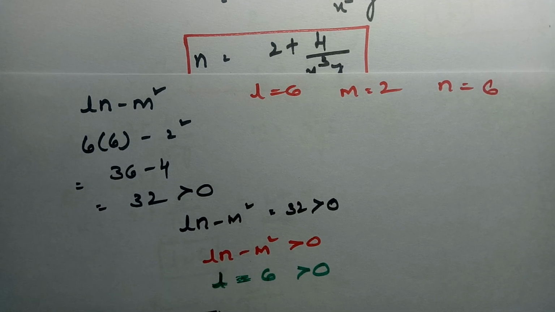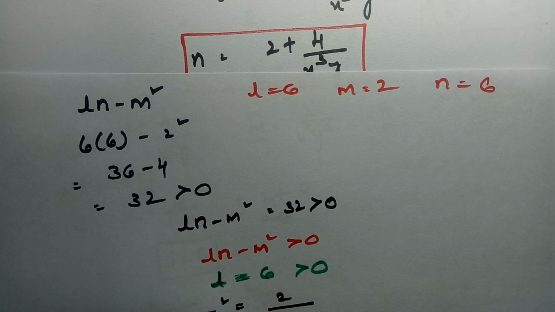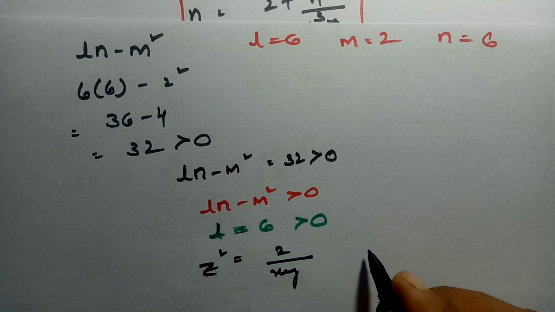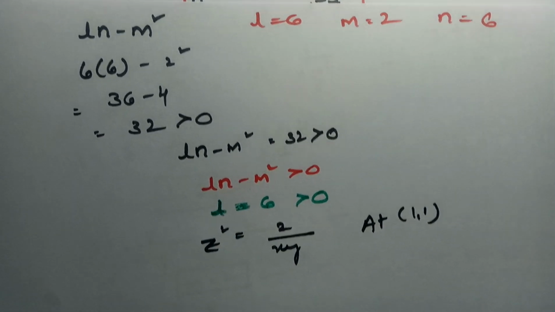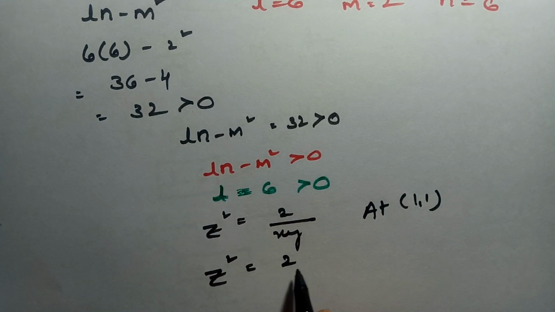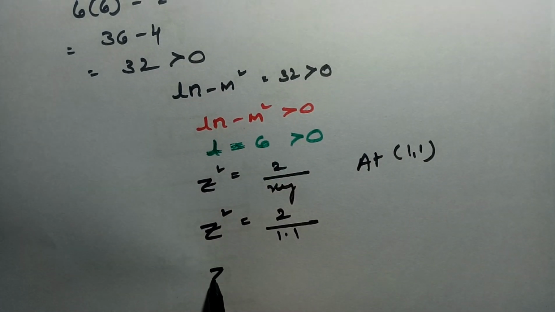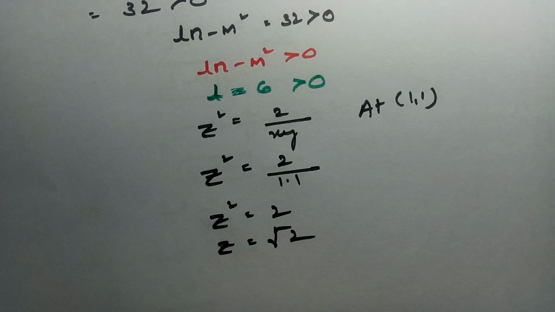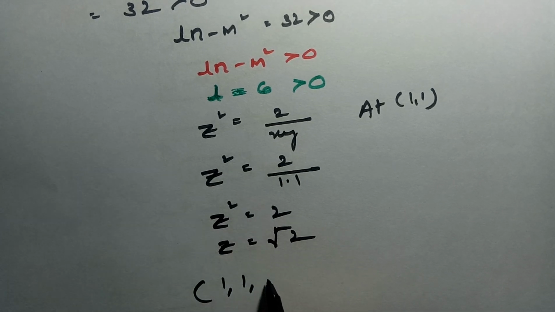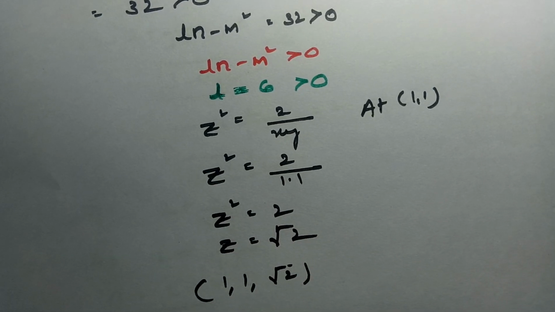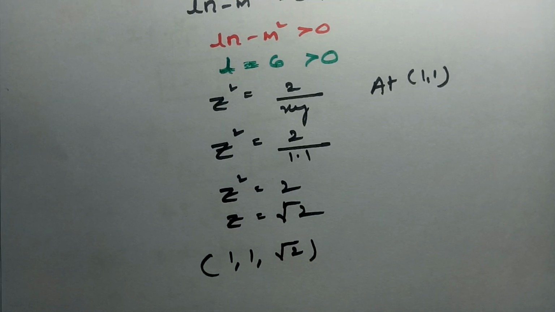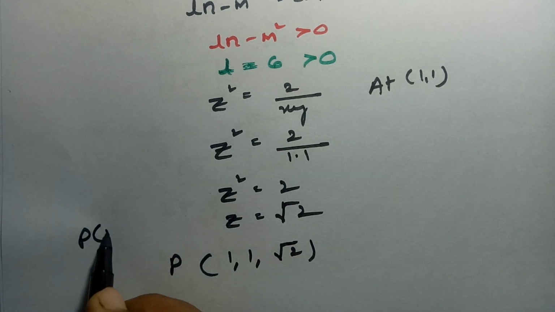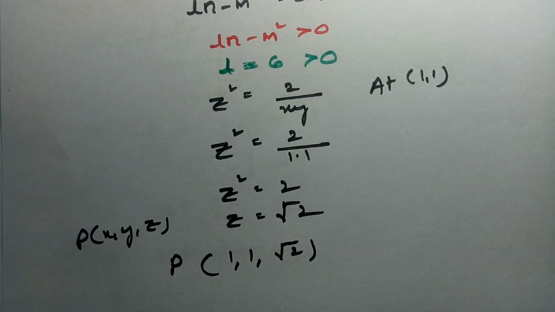So we have Z square is equal to, from the question, 2 by xy. So if I keep the point at 1 comma 1, then Z square is equal to 2 into 1 into 1, and Z square is equal to 2, and Z is equal to root 2. So I got the point as x1, y1 and Z as root 2. I got the three values, and I've considered this as a point P. So I got the P point, that is x comma y comma z.